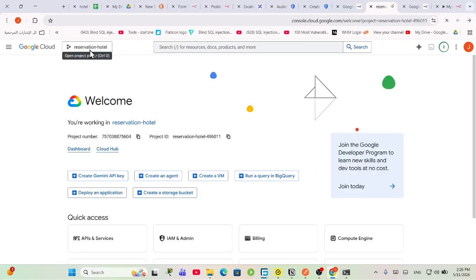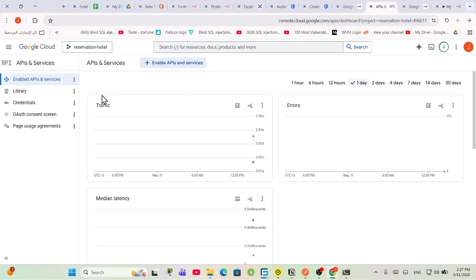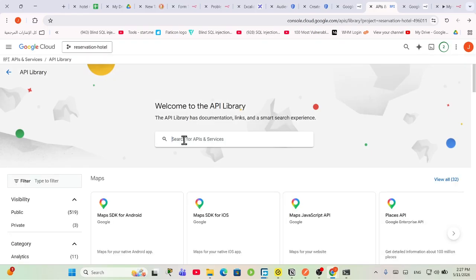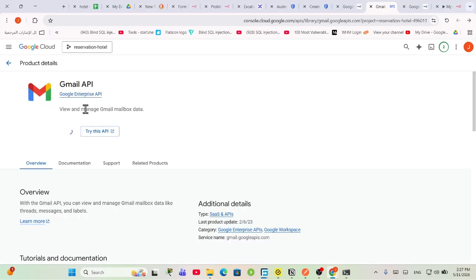and then you choose your project here, if it's created, if it's not, you create it, and you choose the API and services. You have to enable API and services. You have to choose to enable Gmail API. Okay, without this, the email is not going to work. You have to enable this one, Gmail API. Okay, and once you enable this one,